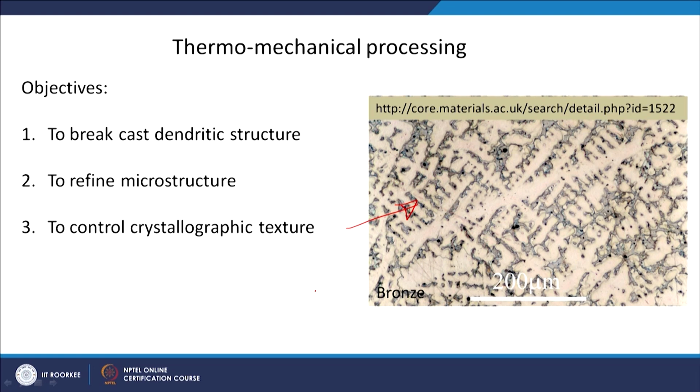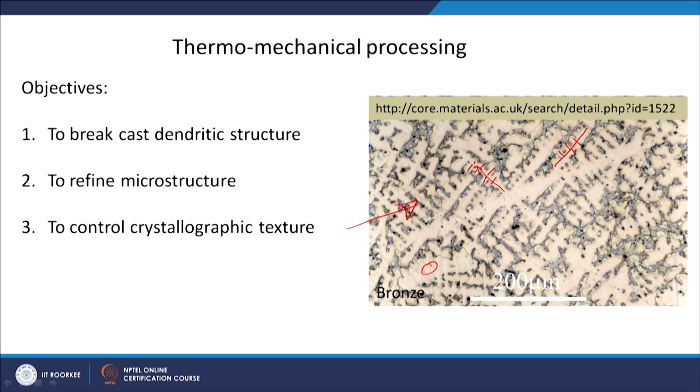And you can see that there is, for example, a central branch here, then there are secondary branches coming out of it. At different places you can see a main branch going, and then there are secondary branches, sometimes there will be tertiary branches and so on. So, this is a typical dendritic structure, and as you can see, because of the etching effect, this looks a different color, and between two dendritic structures there is a different contrast.